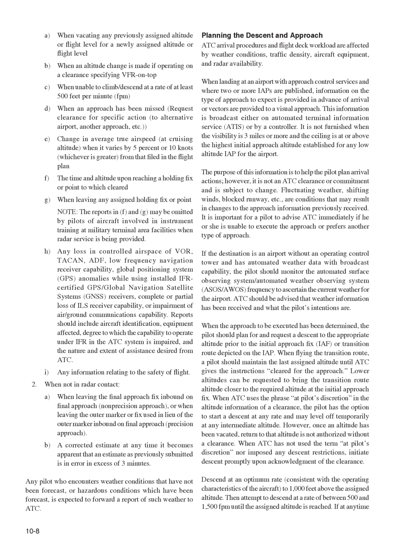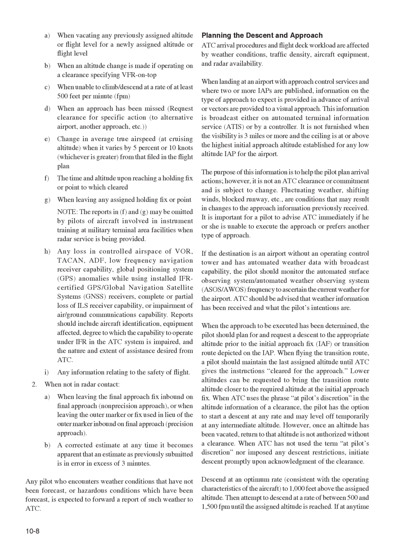When the approach to be executed has been determined, the pilot should plan for and request a descent to the appropriate altitude prior to the initial approach fix, IAF, or transition route depicted on the IAP. When flying the transition route, a pilot should maintain the last assigned altitude until ATC gives the instructions cleared for the approach. Lower altitudes can be requested to bring the transition route altitude closer to the required altitude of the